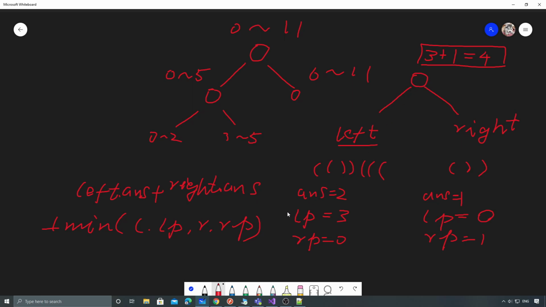Now, since this is a recursive function, besides the answers, we also need to populate the unmatched left parentheses and unmatched right parentheses for the parent node. That one is also straightforward. Let's say we have a match, and the match is equal to this minimum. That's going to be the matched brackets. So the parent's unmatched left parenthesis is going to be left dot LP plus right dot LP minus match,